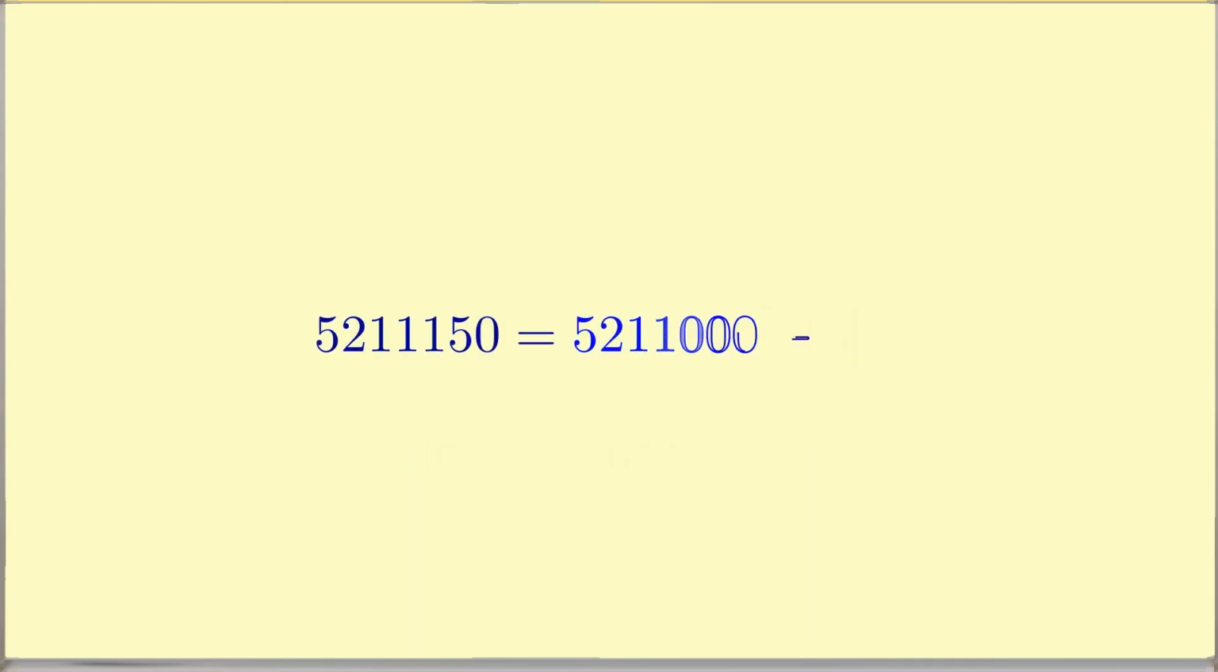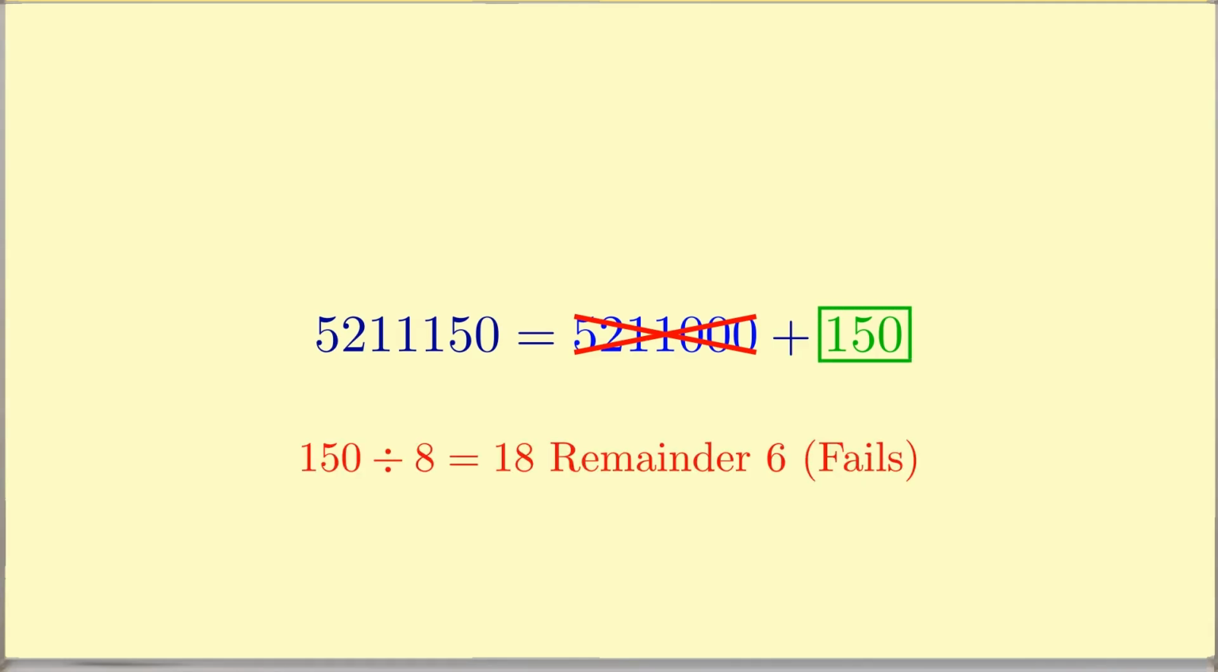Now imagine a ridiculous number, like 5,211,150. We slice off the millions and thousands to make part A, which is 5,211,000. Because it is a multiple of 1,000, it vanishes from our worry list. We are left with part B, the last 3 digits, 150. If we try to divide 150 by 8, we get 18 with a remainder of 6. It does not divide cleanly. Because part B fails, the rule of sums tells us that the entire 5 million something number is not divisible